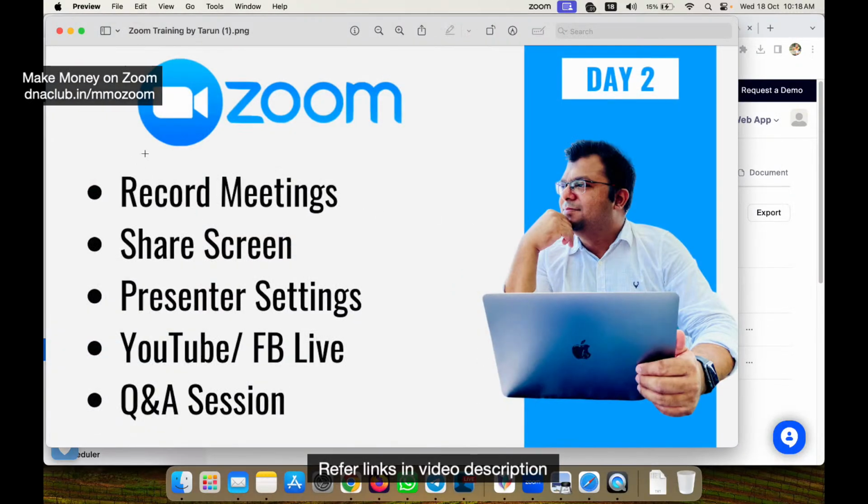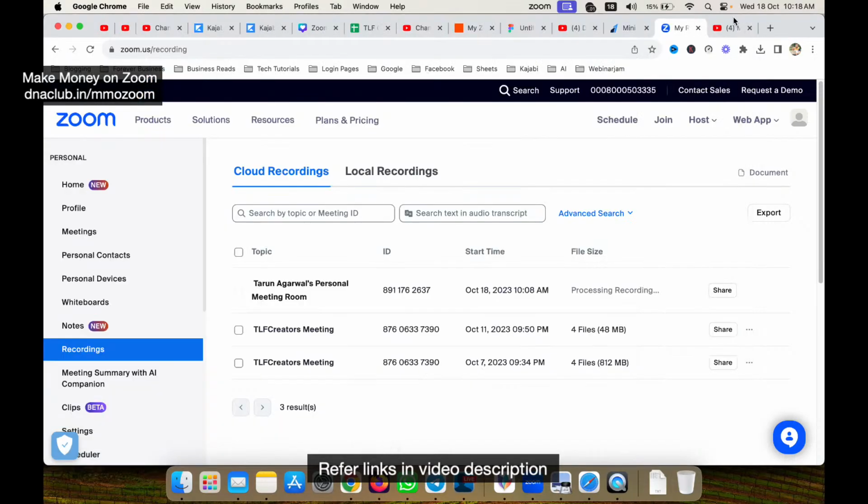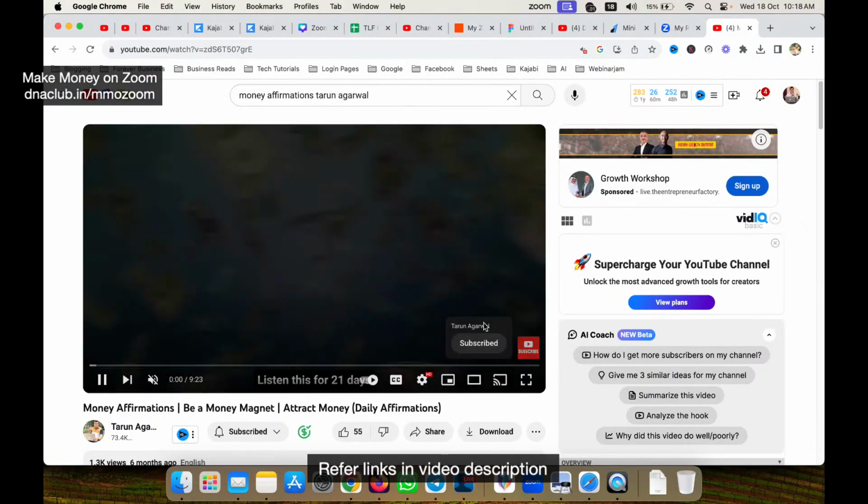If you're starting a meeting, have you observed that some people show a poster and in the background there is music being played? How to do it? How to play music in the background with a poster at the top? For this, first open the poster, and then in the background you can just play a video.